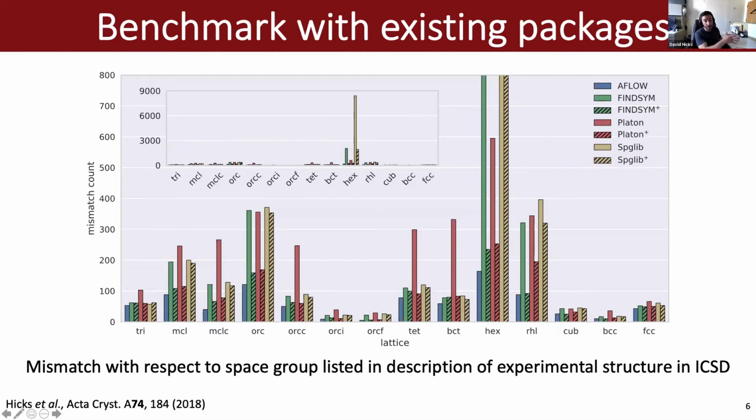So that's where experiment and the code did not agree. Basically, the taller these bars, the worse the package performs. In general, you can see across different lattice types, AFLOW-SYM has the fewest number of mismatches. And you'll also notice that some of these other packages have